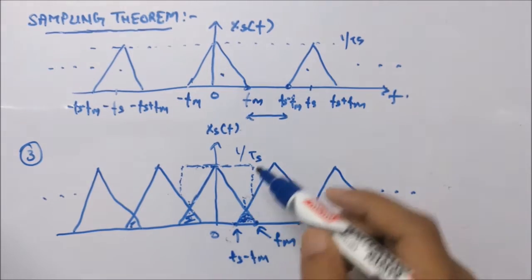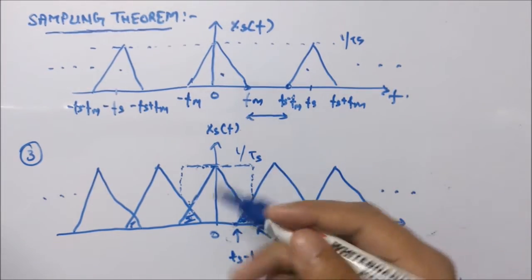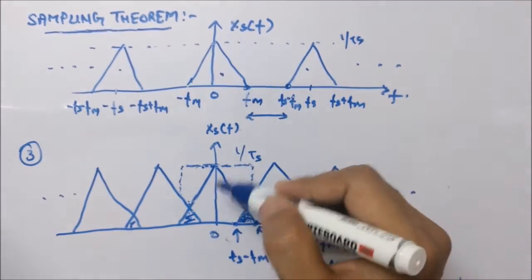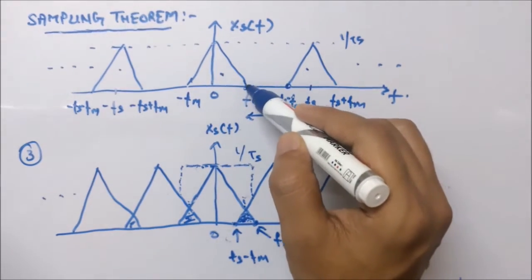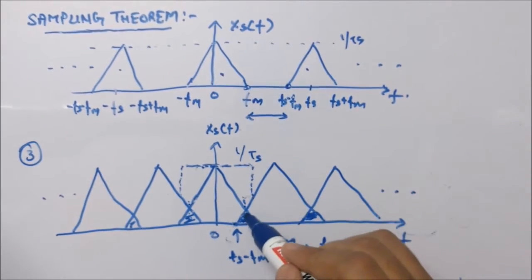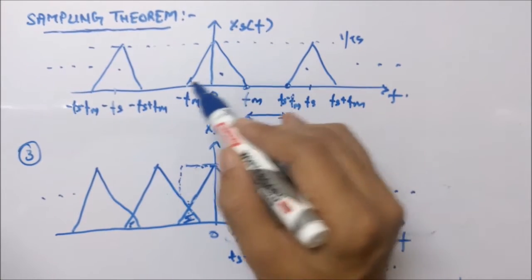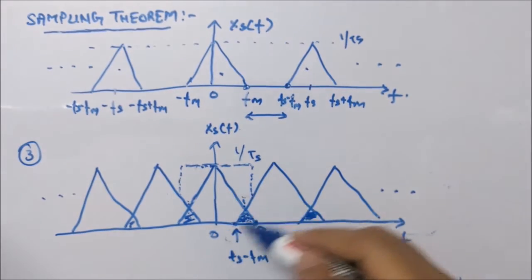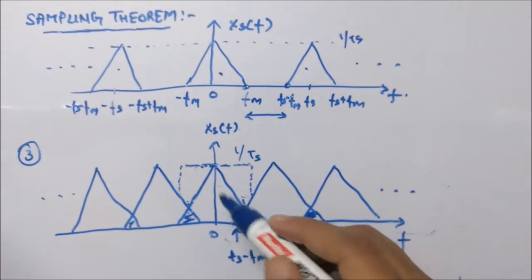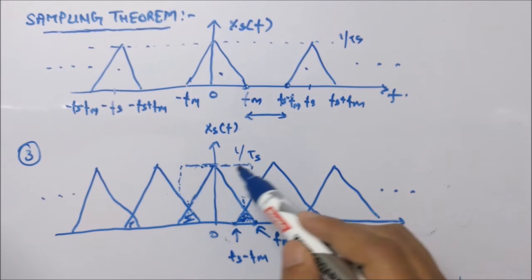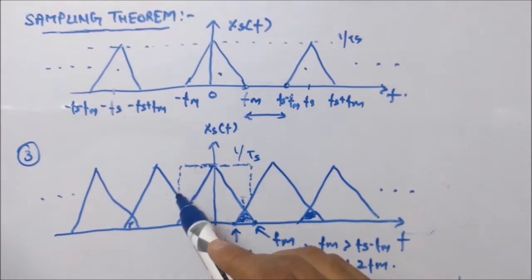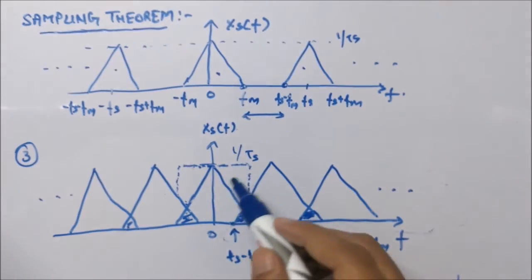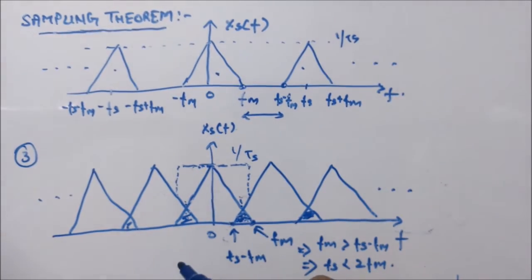So the problem is, you are losing this shaded part of the message signal, which you don't want. You really don't want your signal to be corrupt or to be lost. You want your signal as it is, what you have sampled. So from here to here. But what is happening is, this small region here is getting corrupted by the replicas. So in this case you won't be able to recover the signal properly. Once you apply this signal to the input of the filter, rather you will recover some part corrupted by the replicas.